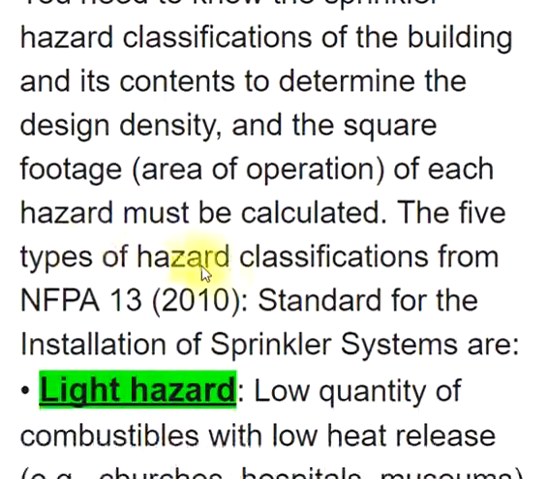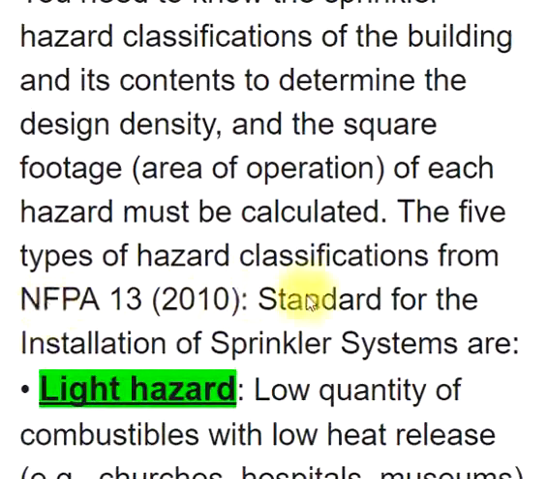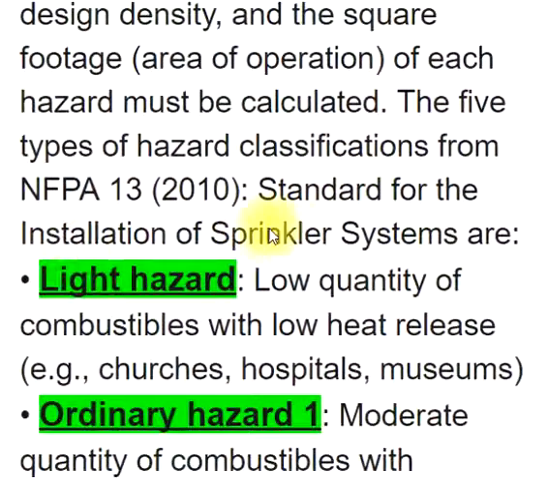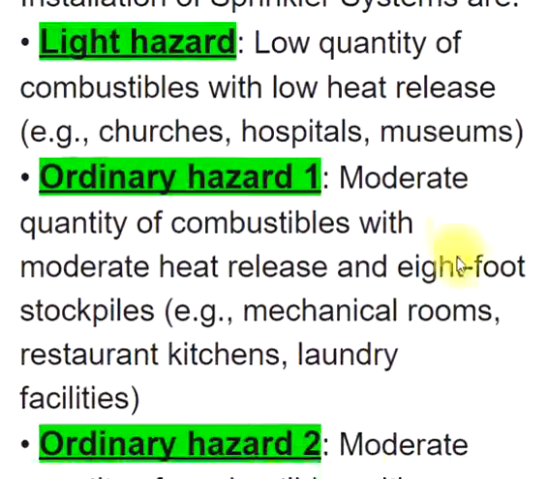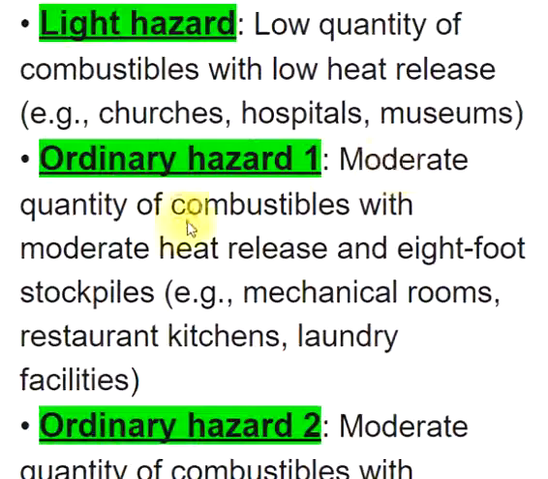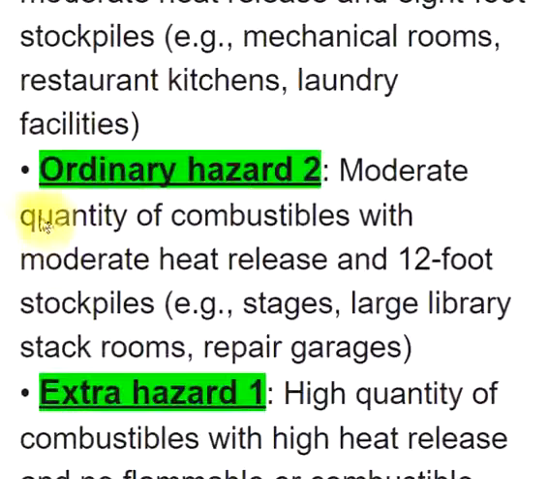The 5 types of hazard classifications from NFPA 13, 2010 Standard for the Installation of Sprinkler Systems are: Light hazard, low quantity of combustibles with low heat release, e.g., churches, hospitals, museums. Ordinary hazard 1, moderate quantity of combustibles with moderate heat release and 8-foot stockpiles, e.g., mechanical rooms, restaurant kitchens, laundry facilities. Ordinary hazard 2, moderate quantity of combustibles with moderate heat release and 12-foot stockpiles, e.g., stages, large library stack